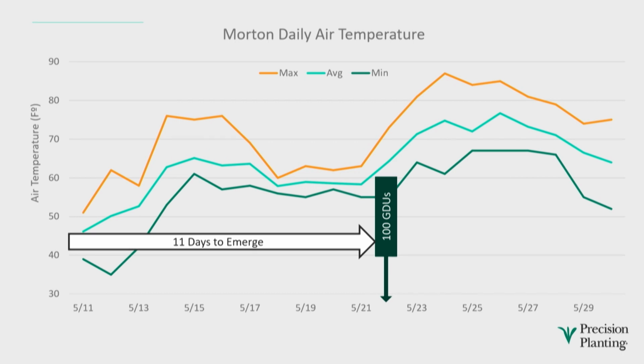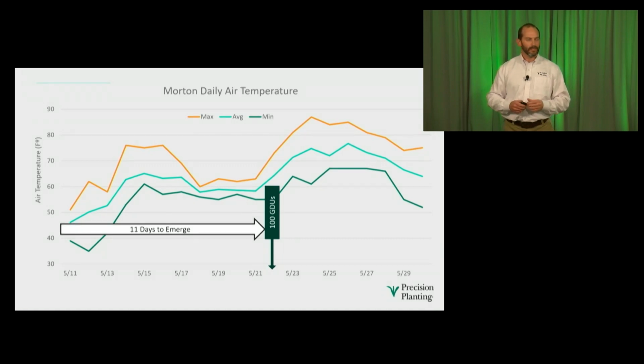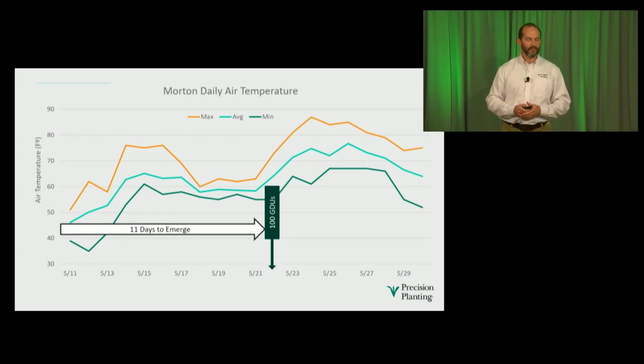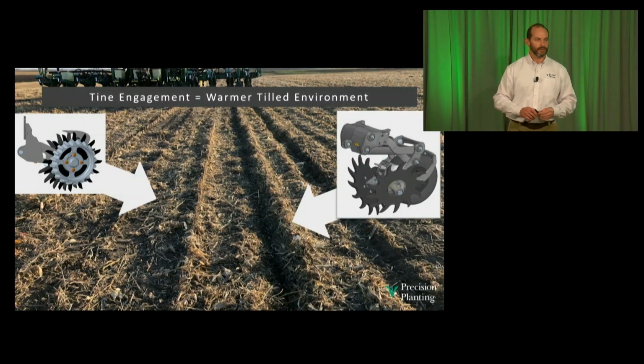It actually took 11 days to emerge in these 2 plots that we planted. So with that slow emergence timing, that tillage in the microenvironment around the seed likely could have added value in faster vigor and faster emergence compared to the other rows. So we believe there's another aspect of row cleaning that we didn't plan on in the